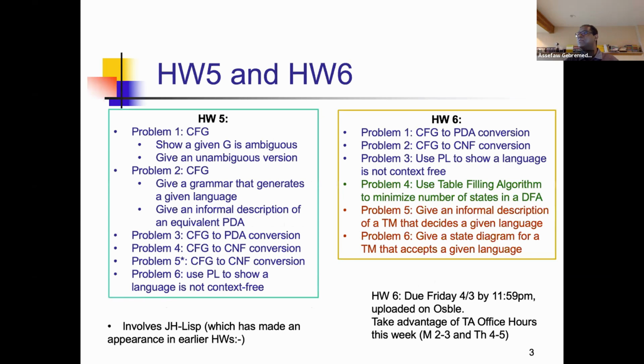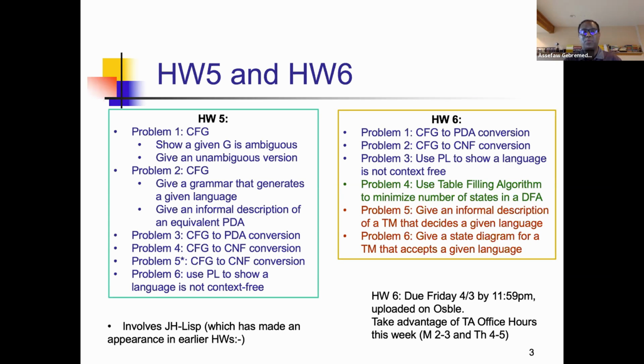And so here's how I am trying to see the relationship between what homework 5 was and what homework 6 now has. And what you see on the left is homework 5, and in a nutshell, all of the problems were on context-free grammars, and so you were asked, if you are given a language, to decide whether it was ambiguous or not, and if it is an ambiguous language, then how you can turn that one into an unambiguous